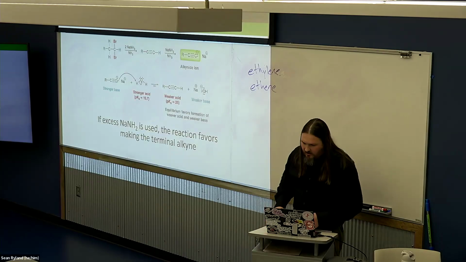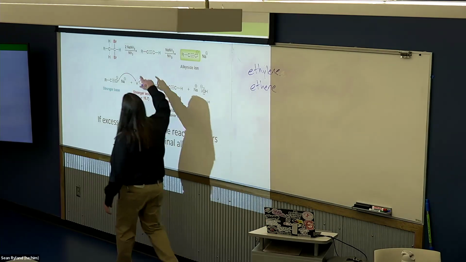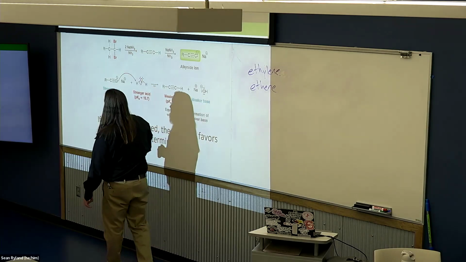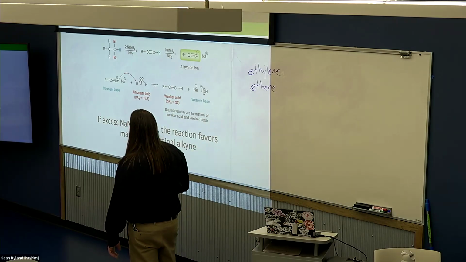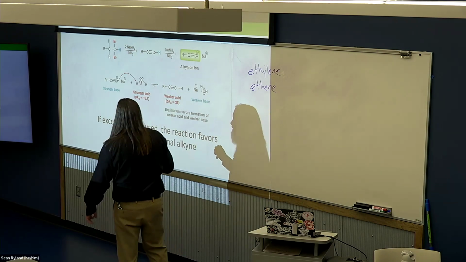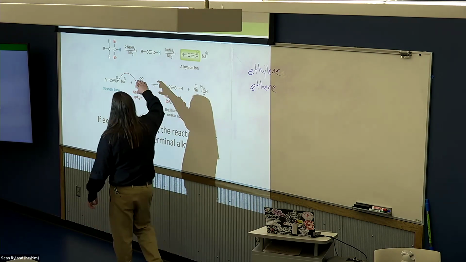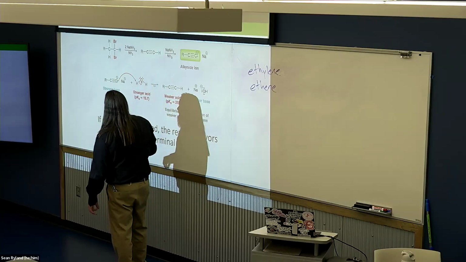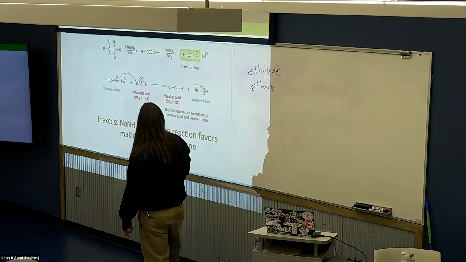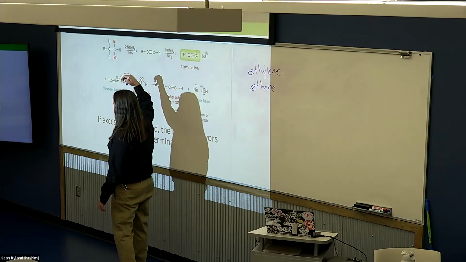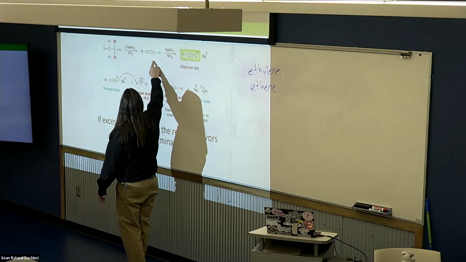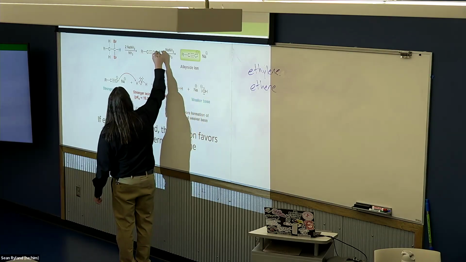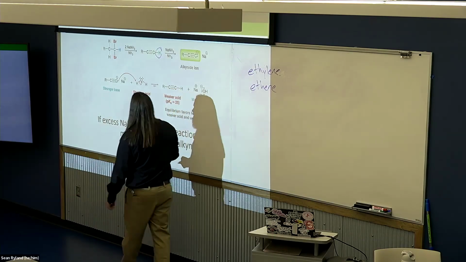Most specifically, we're going to see sodium amide, NaNH2. Remember that NH2 with the negative charge? That's a super strong base. It's got a pKa of like 30 something. So it's a really strong base, which is really good at causing elimination reactions. And it's such a strong base, it'll do almost like a triple elimination. It'll do a double elimination to make the alkyne, but then that alkyne has a hydrogen that is actually acidic,